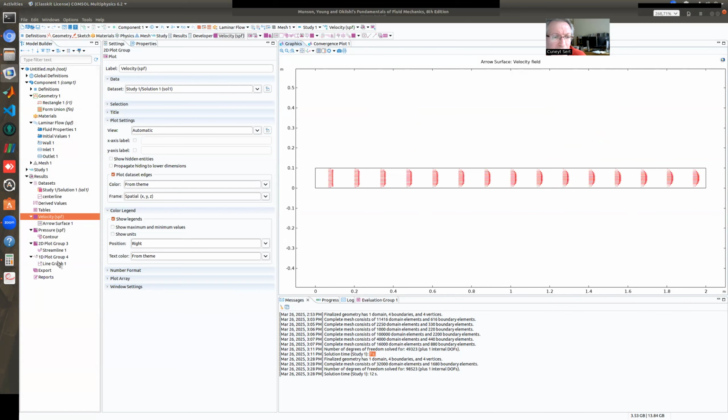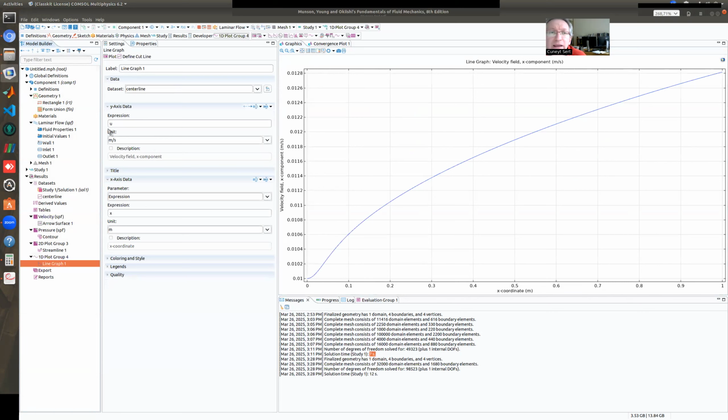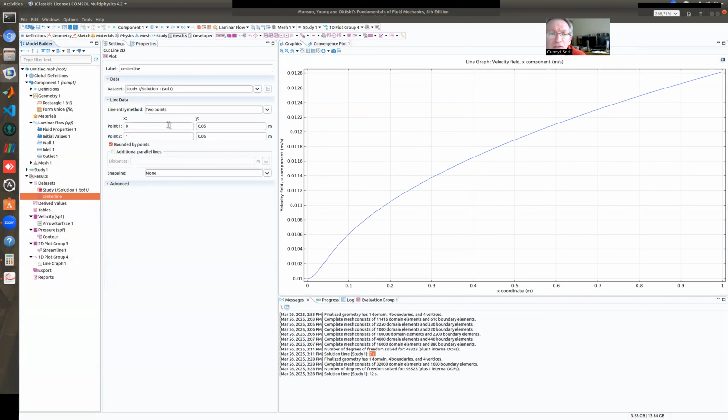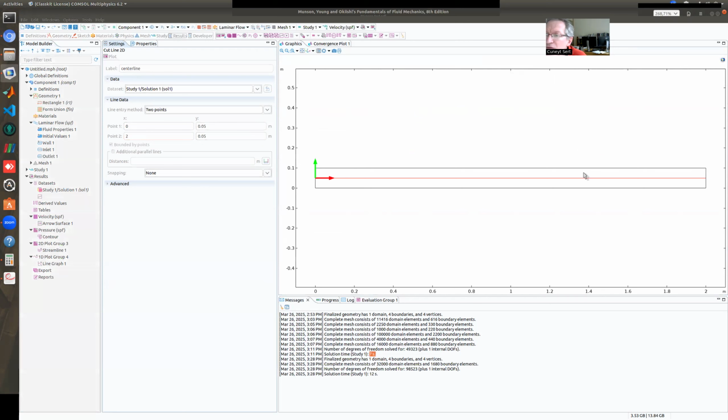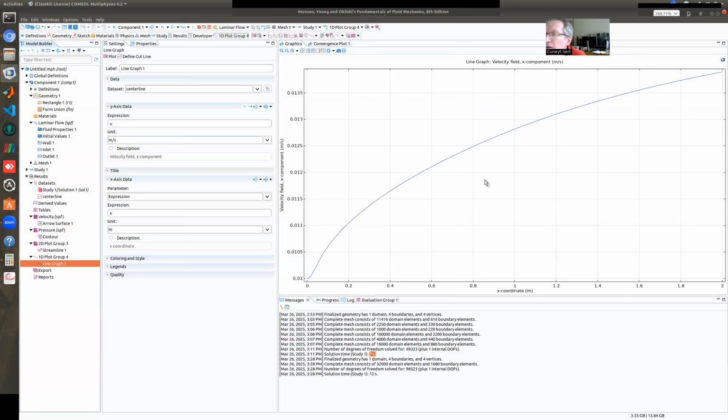So let's again go to line graph 1, the same graph, and plot it again. Oh, but my center line is now not long enough. I defined my center line from 0 to 1. It should be from 0 to 2, all the way to the end, right? So now I can go here and say, show me my plot. Oh, it is still increasing. Still, it's not